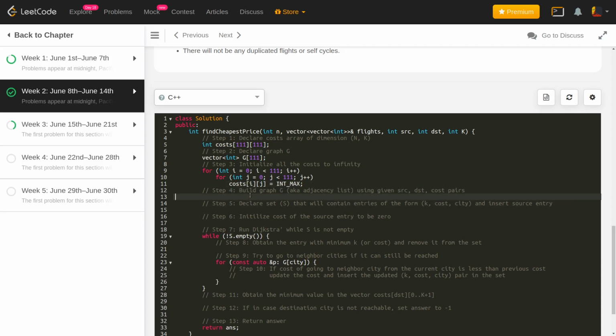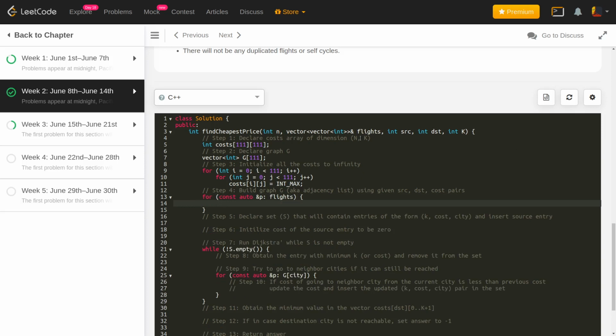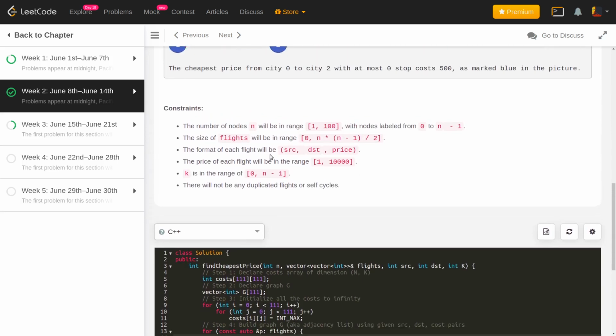Okay, the next step is to build the graph G, also known as the adjacency list, using the given source and destination cost pairs. So what we'll be doing is we'll be iterating on all the values that we have in this flights array. So for const auto& p : flights, I'll be iterating on each of the entries that we have in the flights. Each of the entries that we have is of this format: source, destination, price.